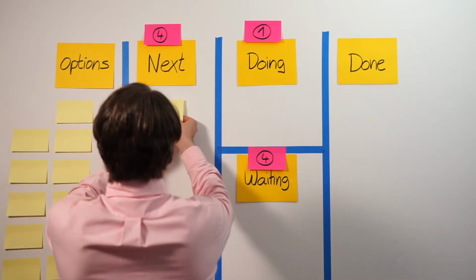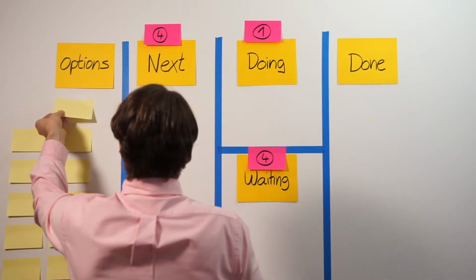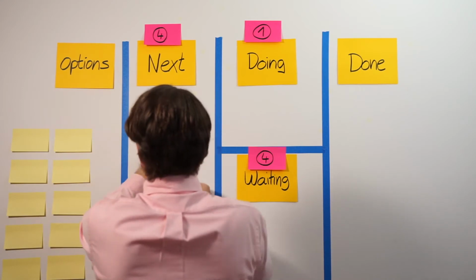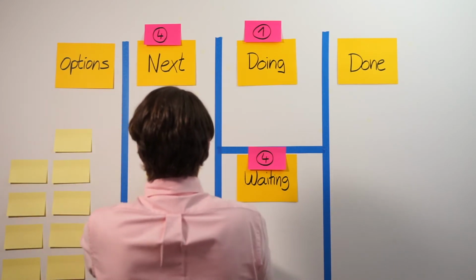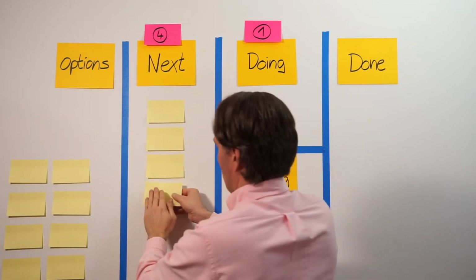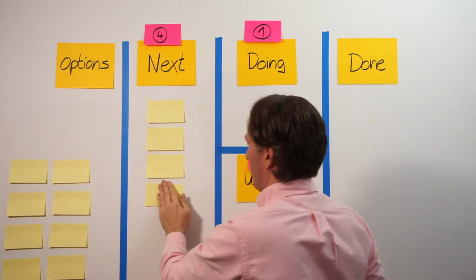Then you choose these post-its from the options column that you want to do today and put them in the next column. From now on, you want to repeat that every morning. Always pull that number of stickies into your workflow that you absolutely want to do today and think carefully what really is important. You also can reward yourself a little bit by picking always one item that is not absolutely necessary but fun to do.